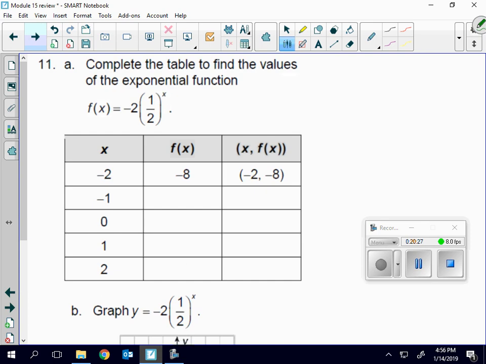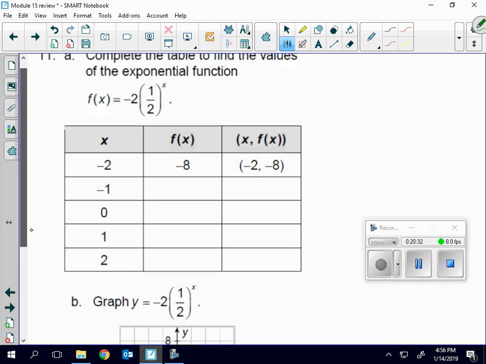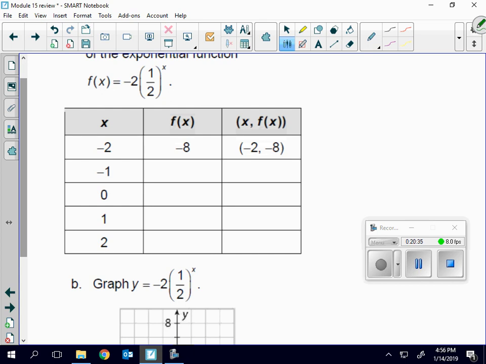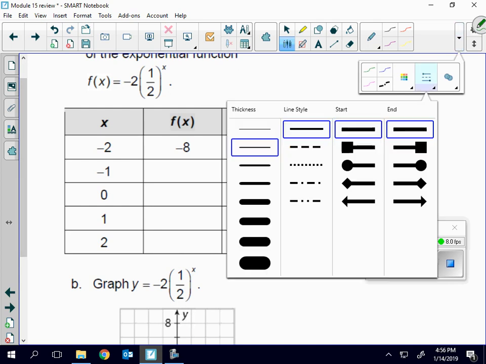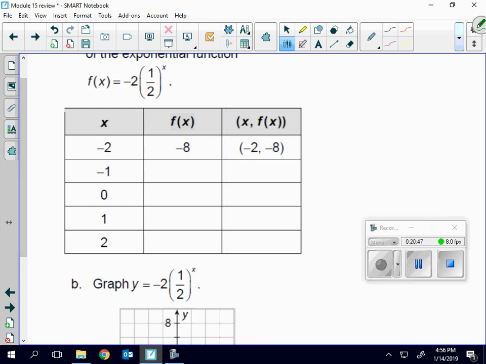Complete the table to find the values of the exponential function. Here we have to use a table. The other ones we didn't have to, but you could use them if you need to. And I always like referring back to a table. So when I plug in -1, and I'm going to show my work here, I have -2 times 1/2 to the 1st power. That's just -2 times 1/2. And that's just going to be -1. So when x is -1, y,